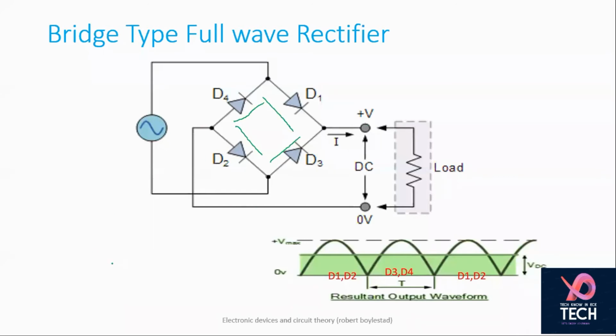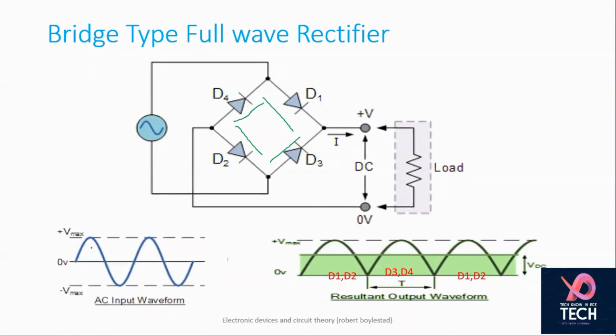So they are being connected in this particular fashion. So how things operate, that I'm going to discuss now. So this is your positive cycle. So when this is applied, so this is being applied on this particular thing. So when positive is being applied on this diode, what happens? This diode is conducting. And positive on N side means this diode is not conducting. Fine. Then next is negative of this cycle, comparatively negative. So in this case, negative on this and negative on this. So that means this is also conducting.